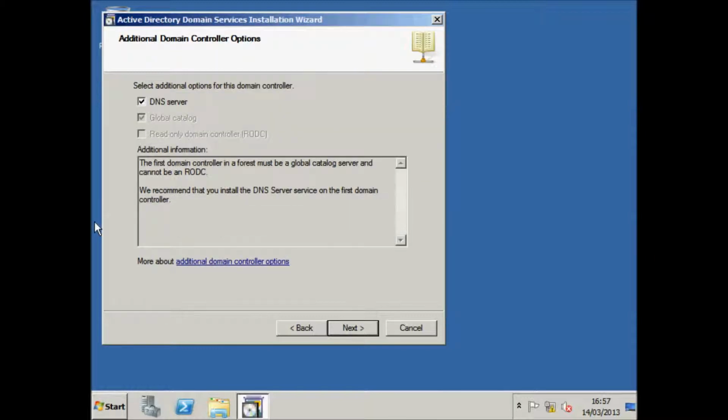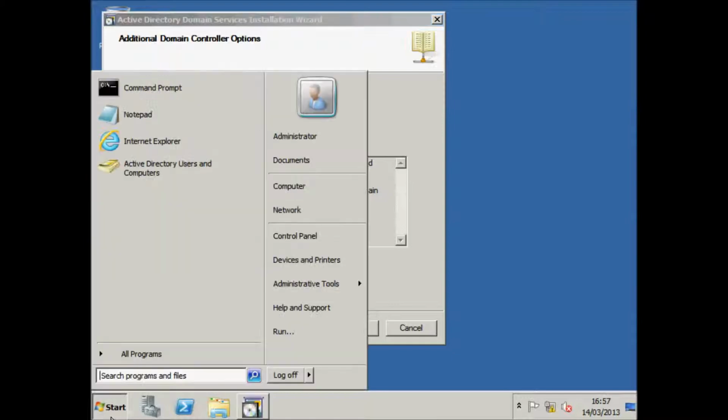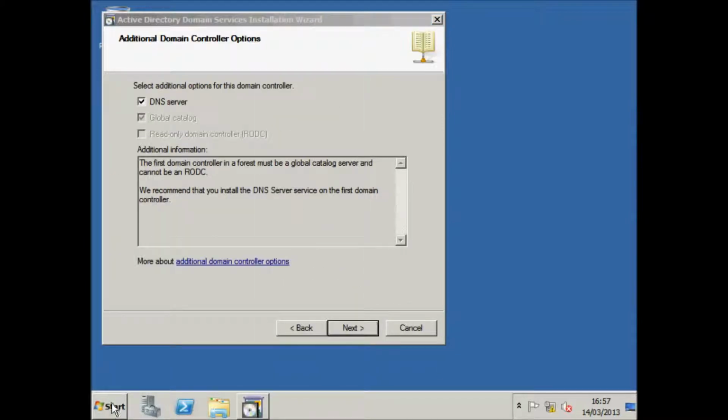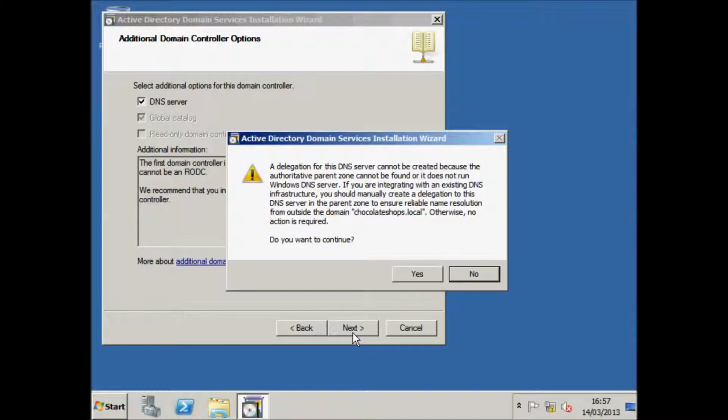So it's just going to examine the DNS, just to show that we actually do have DNS on our network somewhere. This could be external, or in this case DNS is actually installed on the server itself. Select additional options is DNS server. Yep, okay. Delegation can't be created, because you can click OK on this,